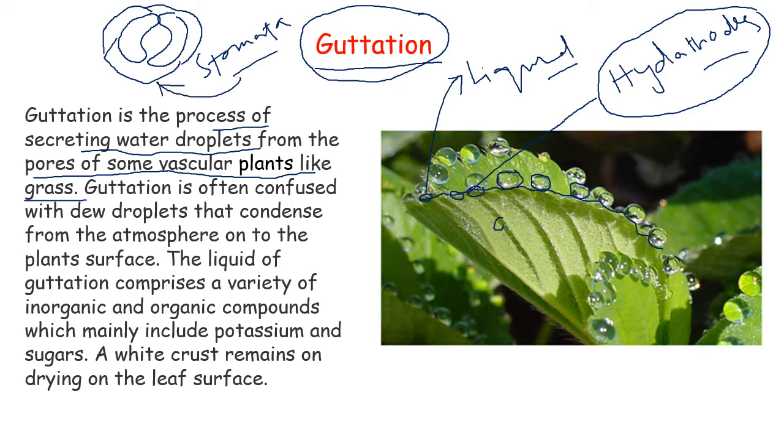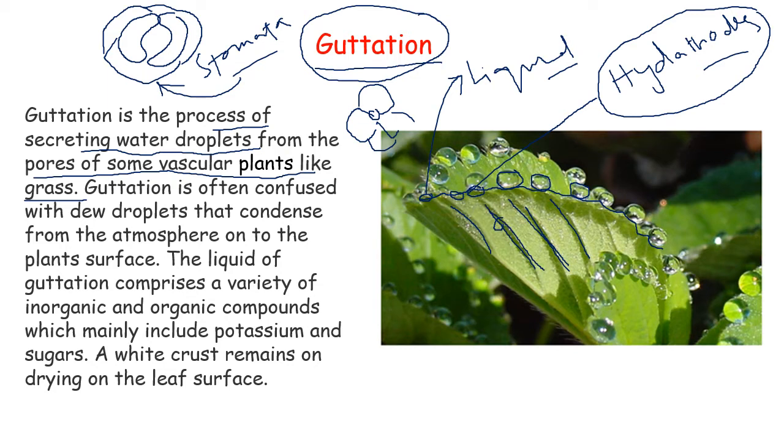while hydathodes are small pores and they are not surrounded by any special type of cells. They are small pores present at the margins of the leaves where the vascular supply ends. Since we have veins in the leaves, we have vascular tissues in the veins, and these vascular tissues or